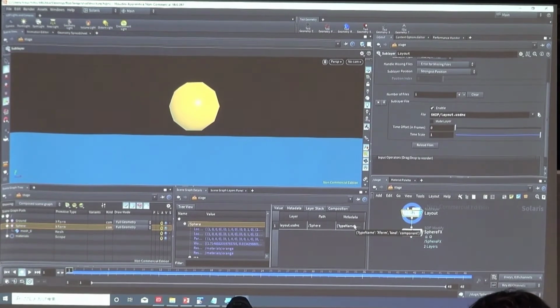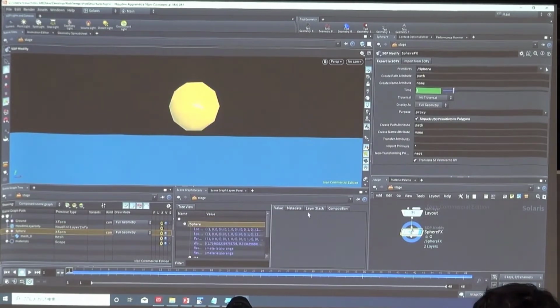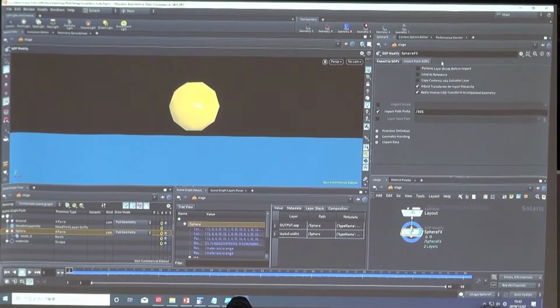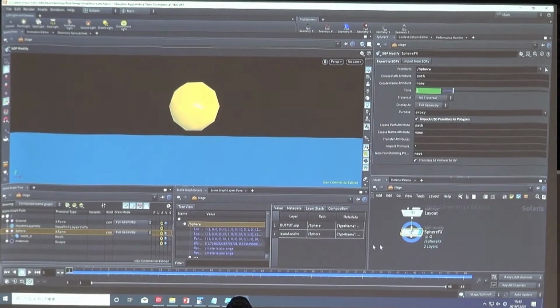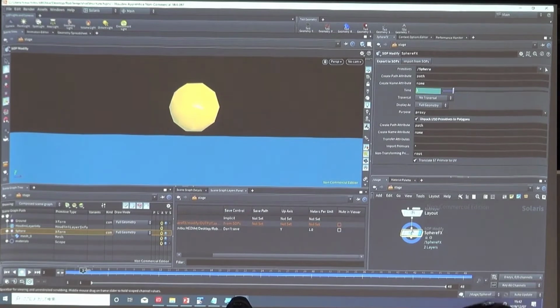And then when you go back to the sphere effects, you'll see that there's 2 layers in the layer stack. So the point of this is to show you that the effects were brought in as a second layer. In fact, if you click on your scene graph layers panel, and let's scroll through